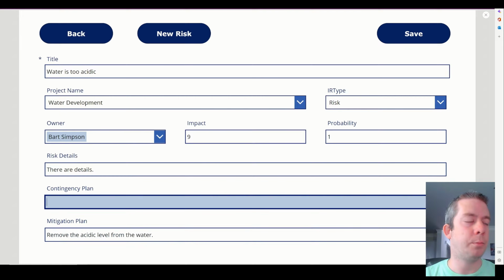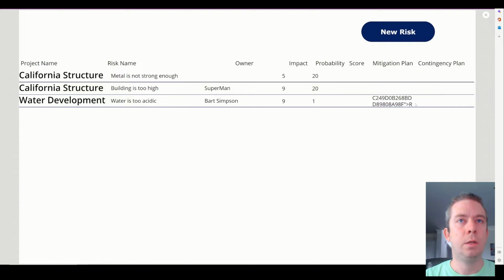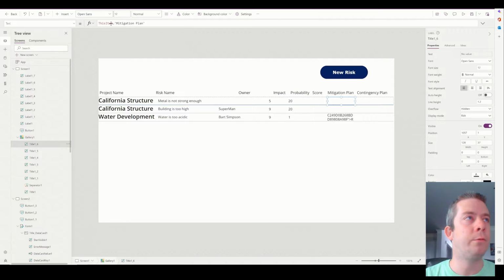Actually, that's the mitigation plan. Contingency is explain to the customer. And we'll hit save. Now you can see here that it is HTML text, so it's bringing in some things that we don't want. But what I want for mitigation plan is if